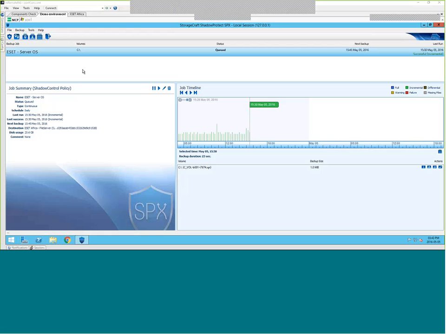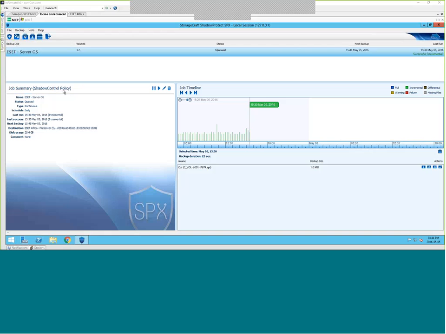Right, there we go. Okay, so what everyone should see in front of them at the moment is the Shadow Protect SPX Backup Management Console. So this is the backup agent software that you would have running on every machine. What you can see at the moment is just a couple of things that I want to highlight. Obviously, there's our current backup job that I've got in place on this machine. We've got a few details as to whether or not the last backup was successful. We can see the job summary.